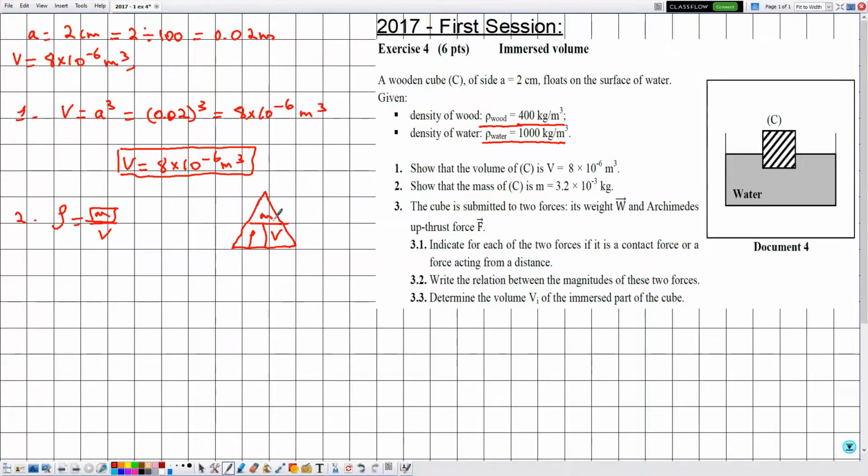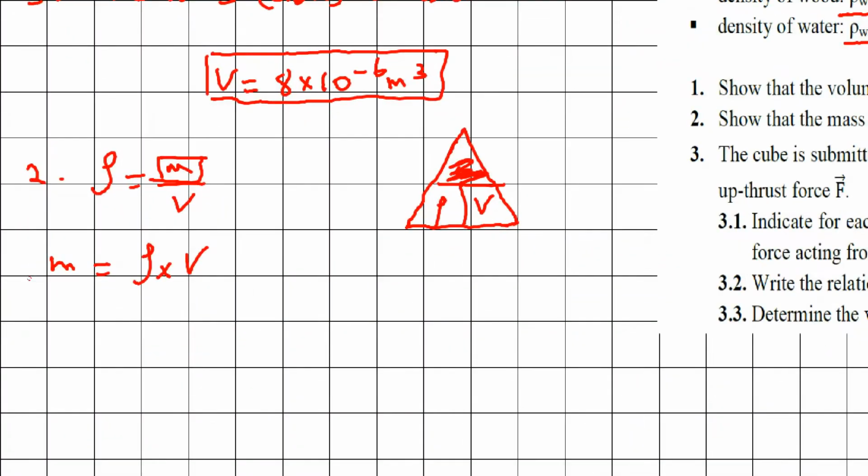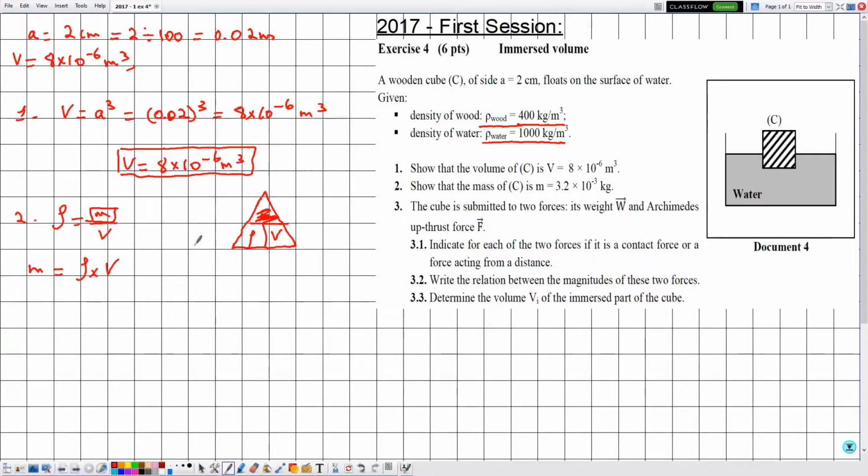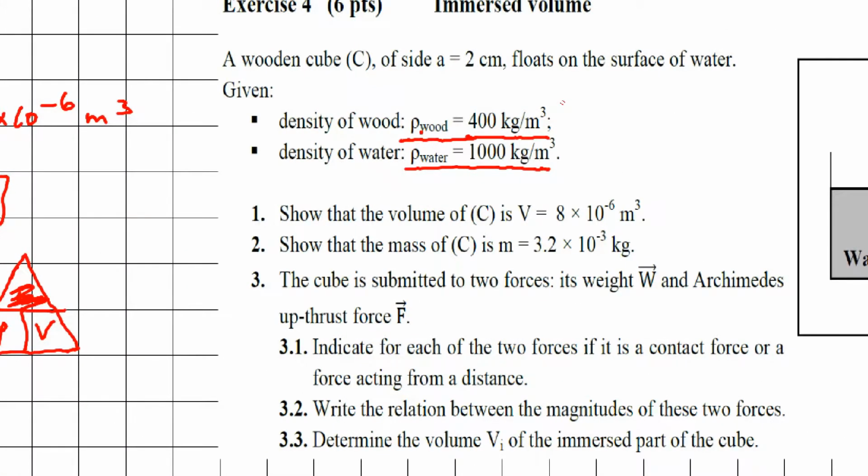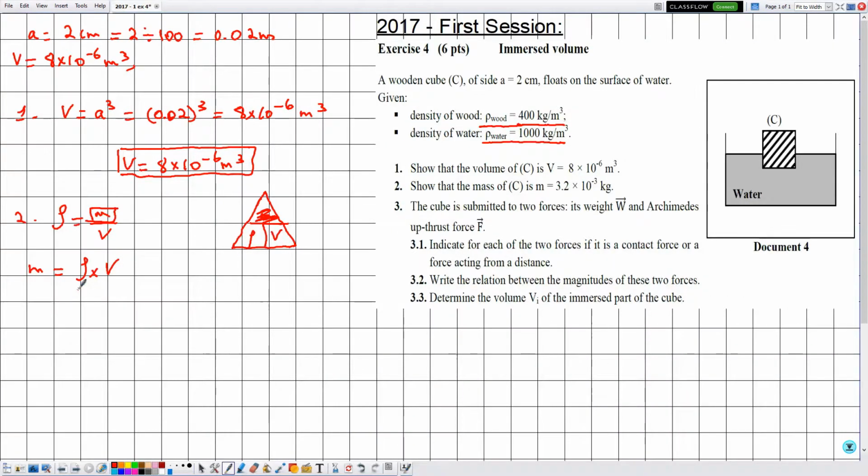We are interested in calculating the value of M, so putting our hand on M, the mass of the wooden cube is given by the density times the volume. And here we must be very careful because we have two densities. Notice that we are calculating the mass of the wooden cube, so the density must correspond to that of the wood and not of the water. So the density of the wood, denoted by rho wood, let's write wood as a subscript,